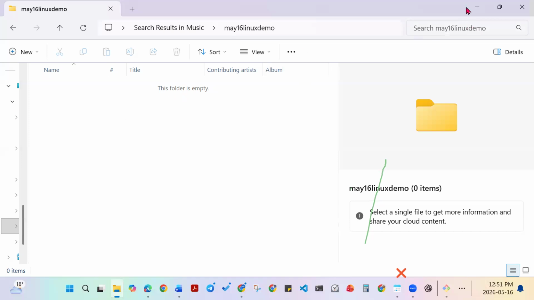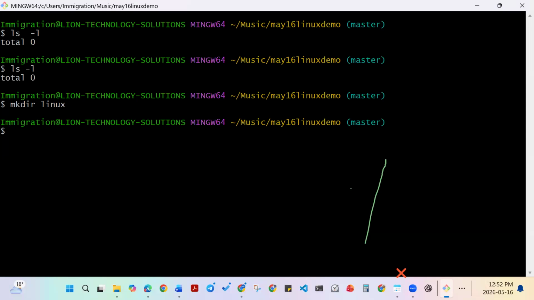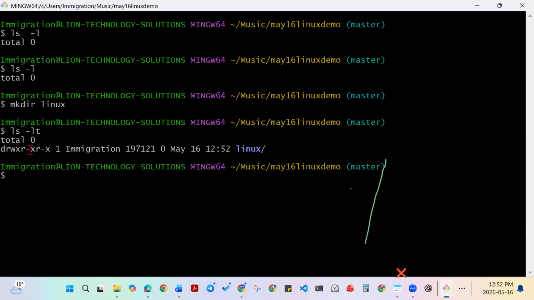List like that, and you can see that is just the way it is, okay? Like that. So now we can again make the Linux demo. See that? ls -lt. And you can see now again